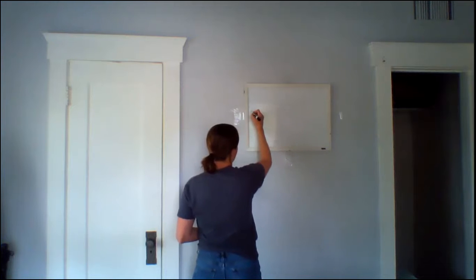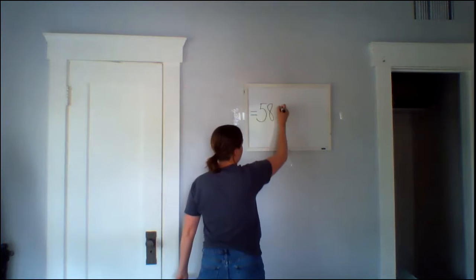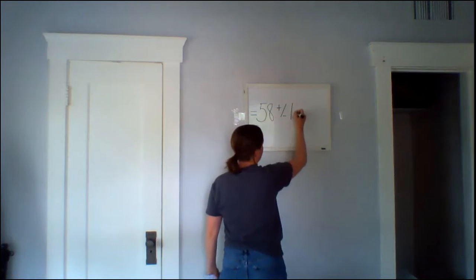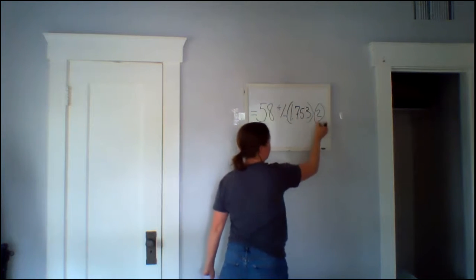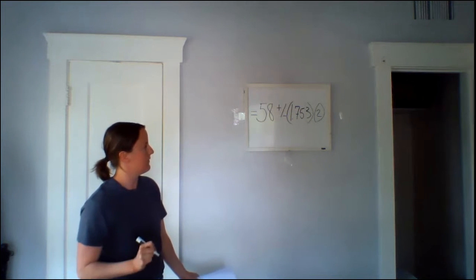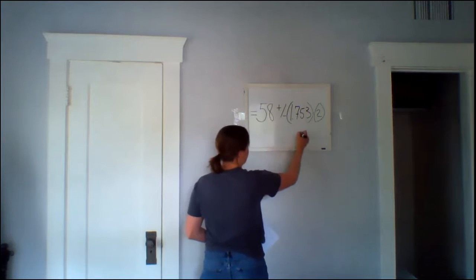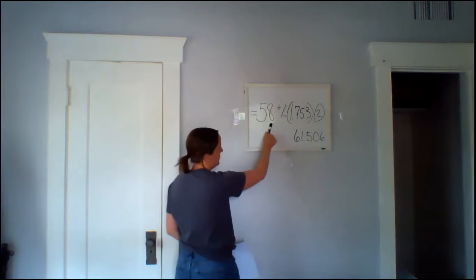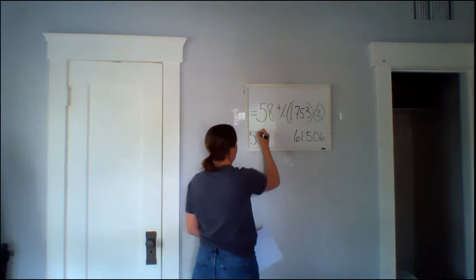So our confidence interval is equal to 58, right, the mean, plus and also then minus the critical t-value of 1.753 times 2, the standard error. Okay, so if I do 58 plus 1.753 times 2, I'm going to get the upper boundary, which ends up being 61.506. And then if I do 58 minus 1.753 times 2, I get the lower boundary of